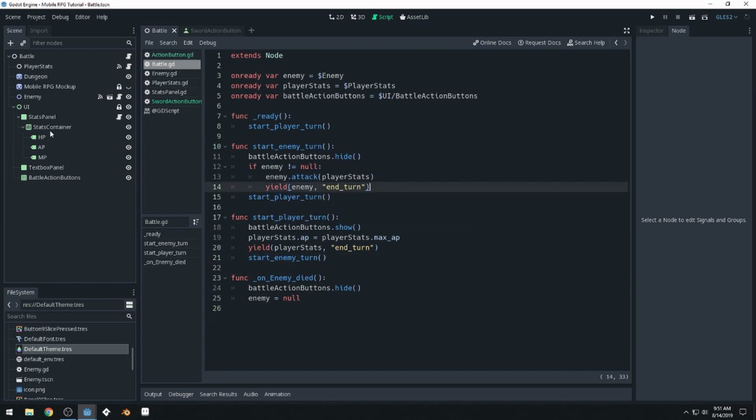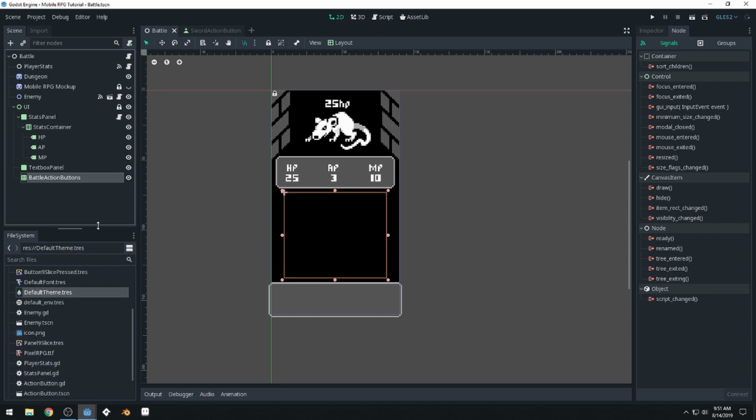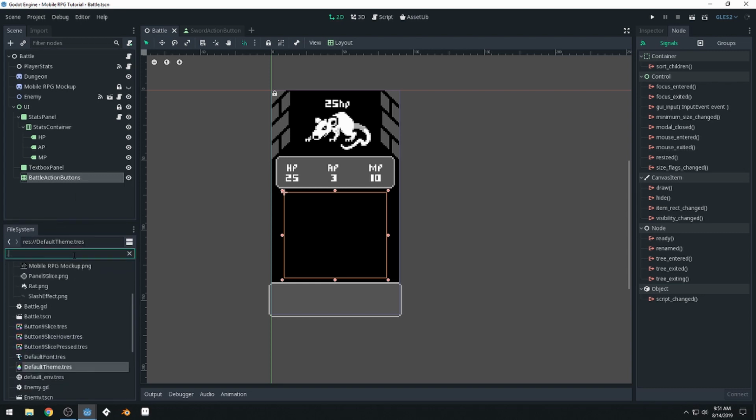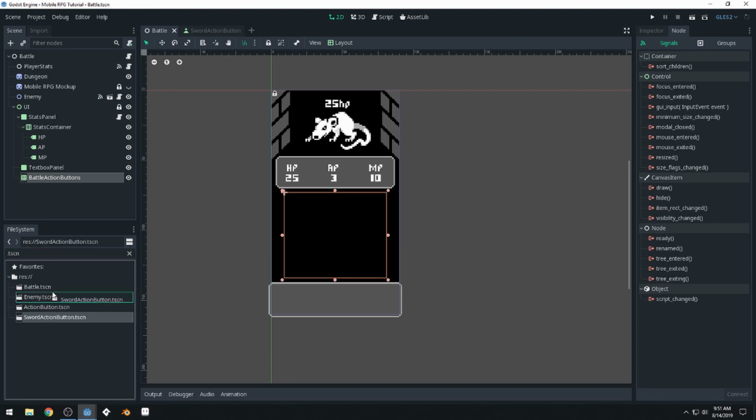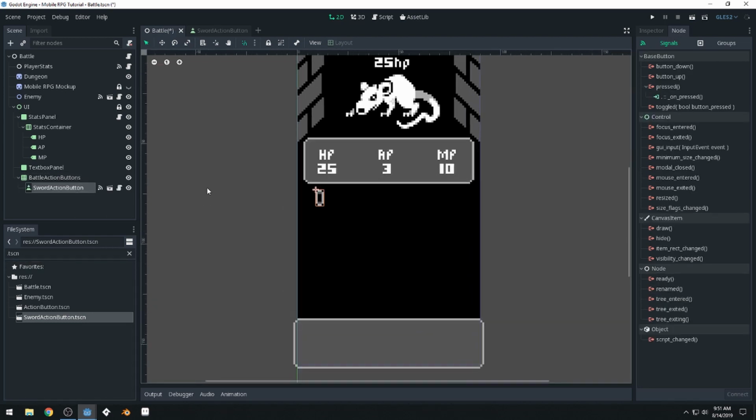And then inside of our battle action buttons, we can actually just come down here into our file system and type .tscn like that. And that will filter all of our scenes. So then we can see all of the scenes that we have. And we can just grab sword action button and drag it up and drop it right here. And you can see it stuck it in there. But it doesn't seem to have